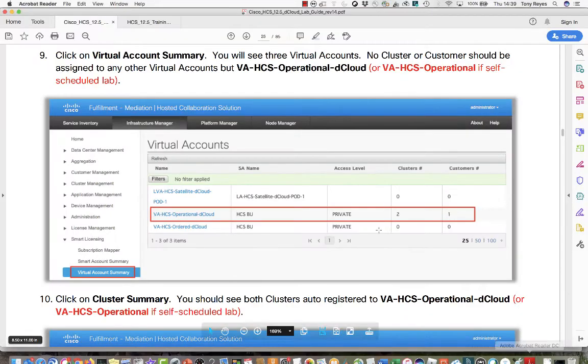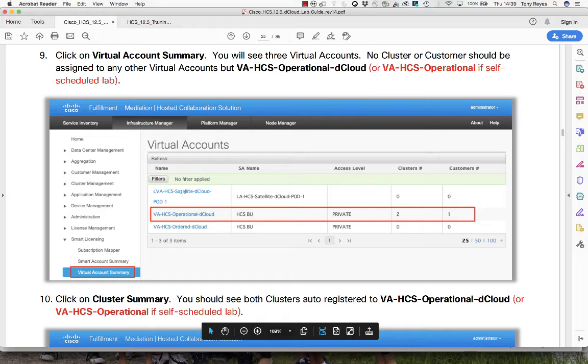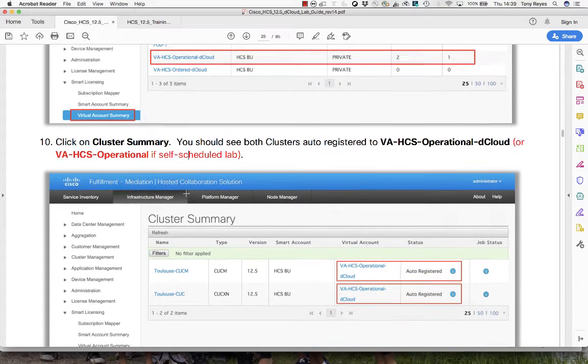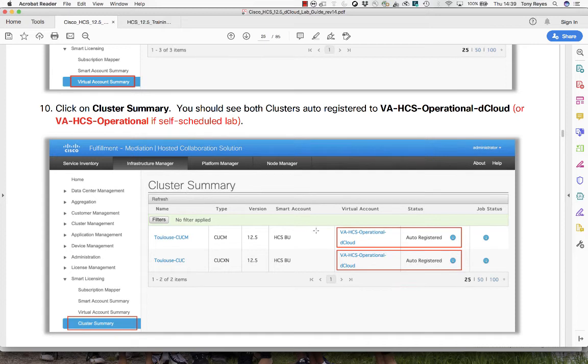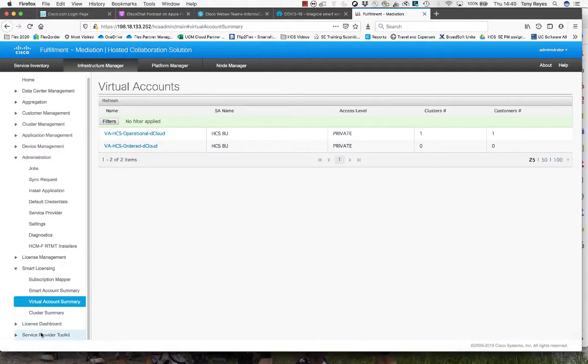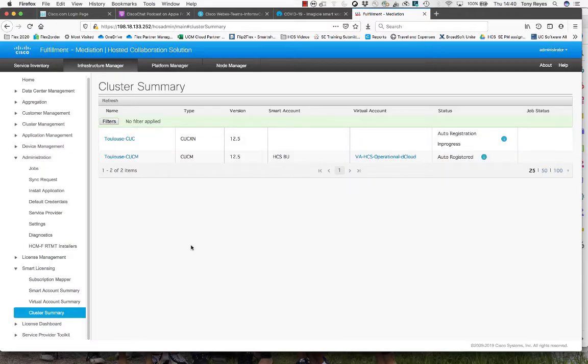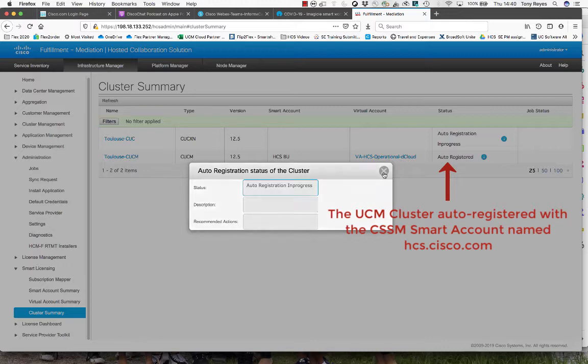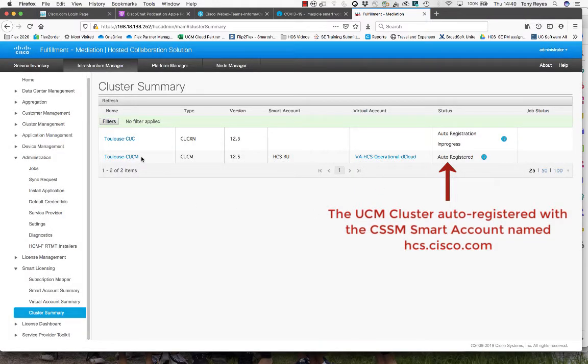It should actually also show this local virtual account HCS satellite dCloud, but I will worry about that when we get to do the satellite or the CSSM on premise. So we should see both of these guys, and we should see that they are auto-registered. So if we look on cluster summary, let's go look and see if we can see the cluster summary here. Oh, auto-registered and auto-registration. So what it's doing right now, it's actually registered to CUCM